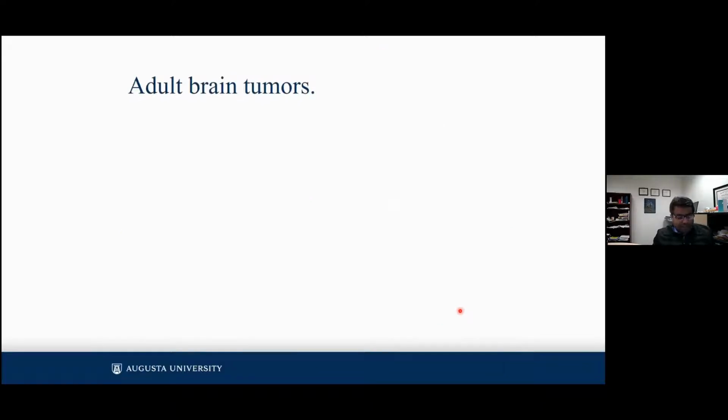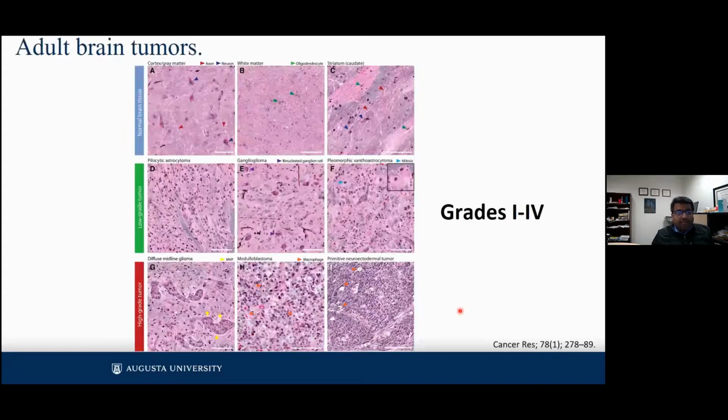With this background, I want to move to our journey of using optical genome mapping in solid tumors. Mostly, I'm going to focus on adult brain tumors because that's one of the most interesting tumors we have identified as one of the phenotypes we want to work on. I'm a pathologist by training, so I have to bring in some H&E slides, even though this is a cytogenomics symposium. So, adult brain tumors